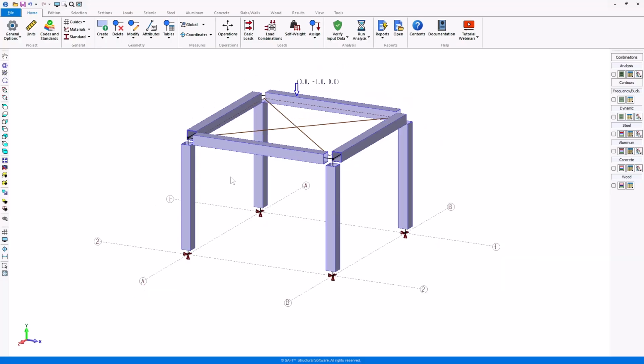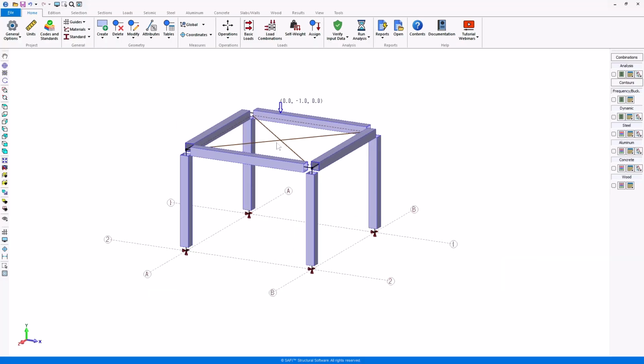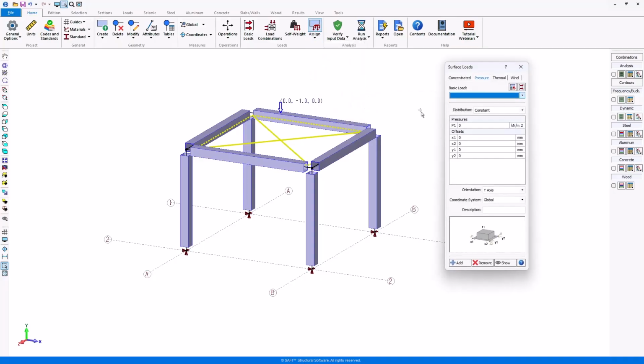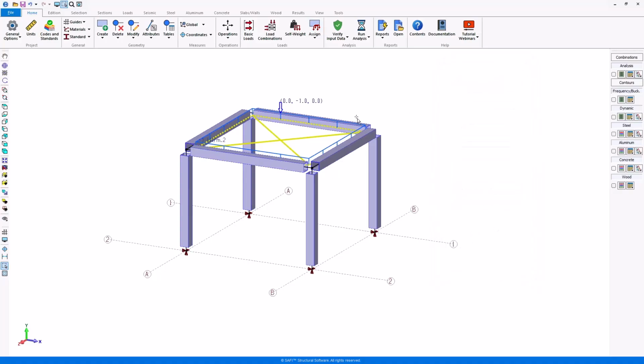We will now add another load to our model, a live load applied as a surface pressure. Select the roof surface using the Selection tool. In the Assign drop-down menu, select Surface Loads to open the Surface Loads window. From the drop-down, choose Live Load, and specify a pressure of -1 kilonewtons per square meter, which will be applied to the roof surface. Note that most gravity loads are assigned negative values to represent their downward direction in the